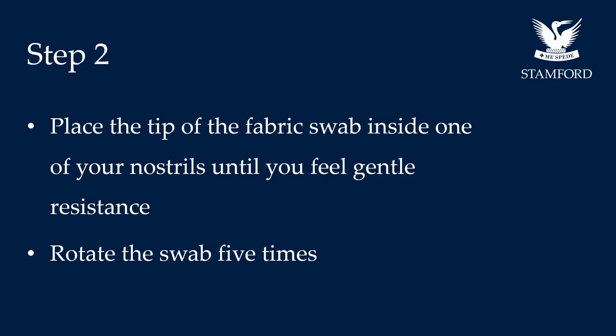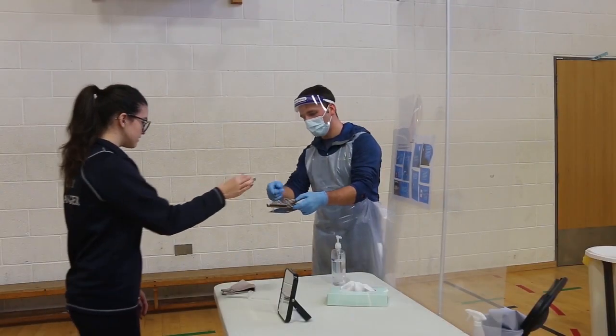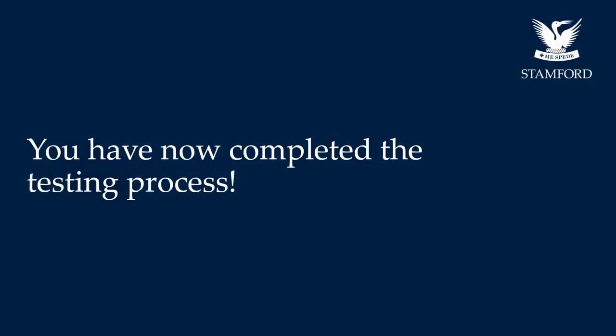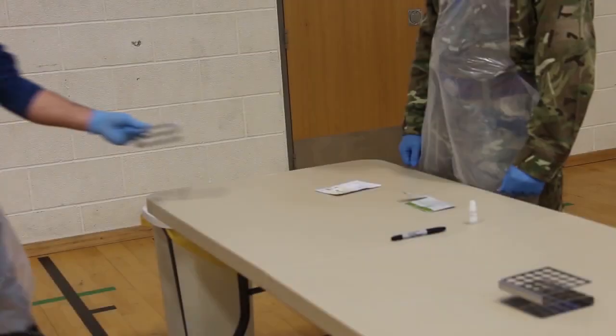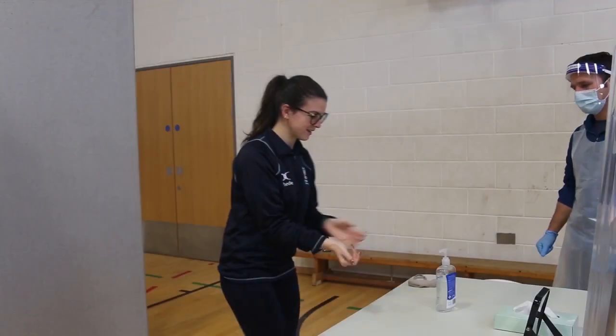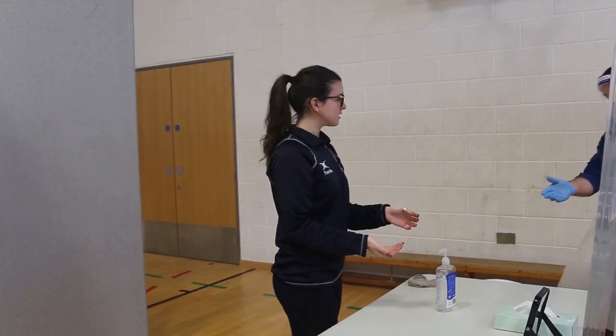The test supporter will then hold out a test tube and ask that you carefully put the swab, fabric end down, into the test tube. And that's all you have to do. Your test supporter will pass your test onto the test processor for processing, and we will show you how that works in a moment. When you have finished your test, we will ask that you please put your mask back